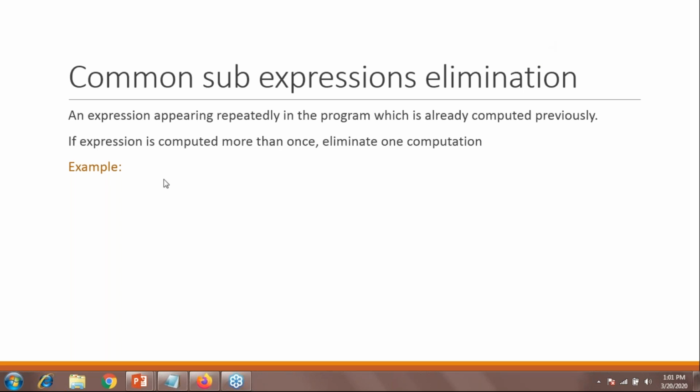Okay. So the second one is common sub-expression. It means eliminating an expression which is already there in your program before some execution.